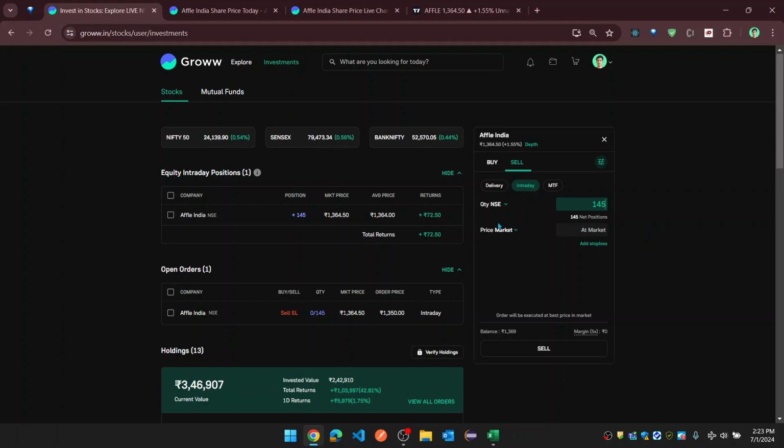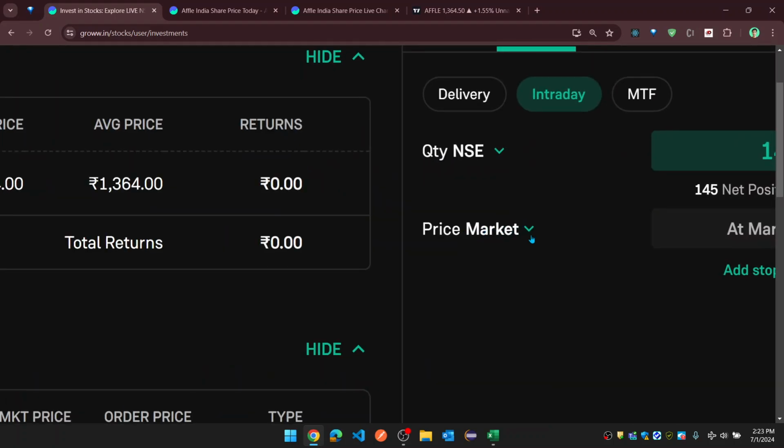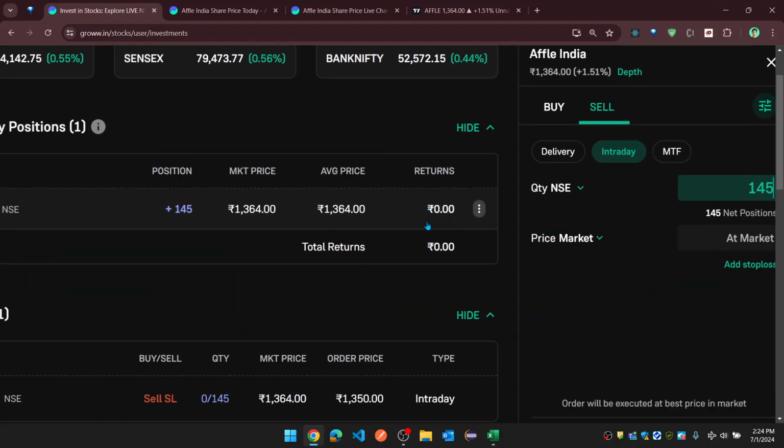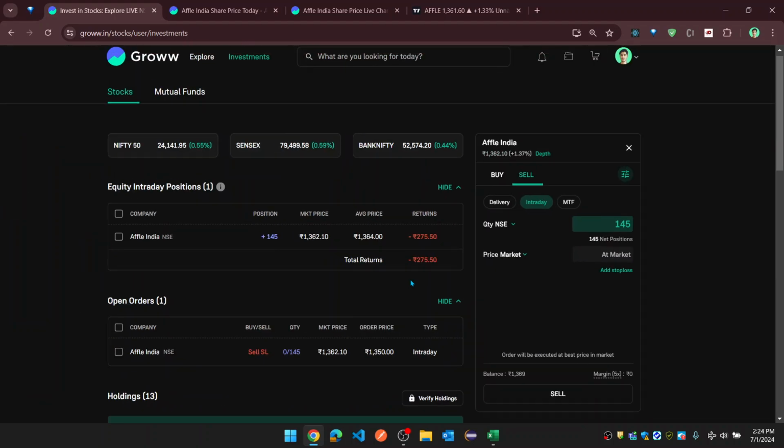With the help of this, you can make any stop loss or any target. Market price, no, I don't have to click on market price. If I click on market price, it will be squared off readily, and it is saying 0, but it is some negative value now. I'll be facing losses in terms of the daily intraday charges, like SEBI also imposes some charges, and Groww also imposes some charges, 0.05 per trade. So buy and sell 0.45. So if I'm having losses in negative,